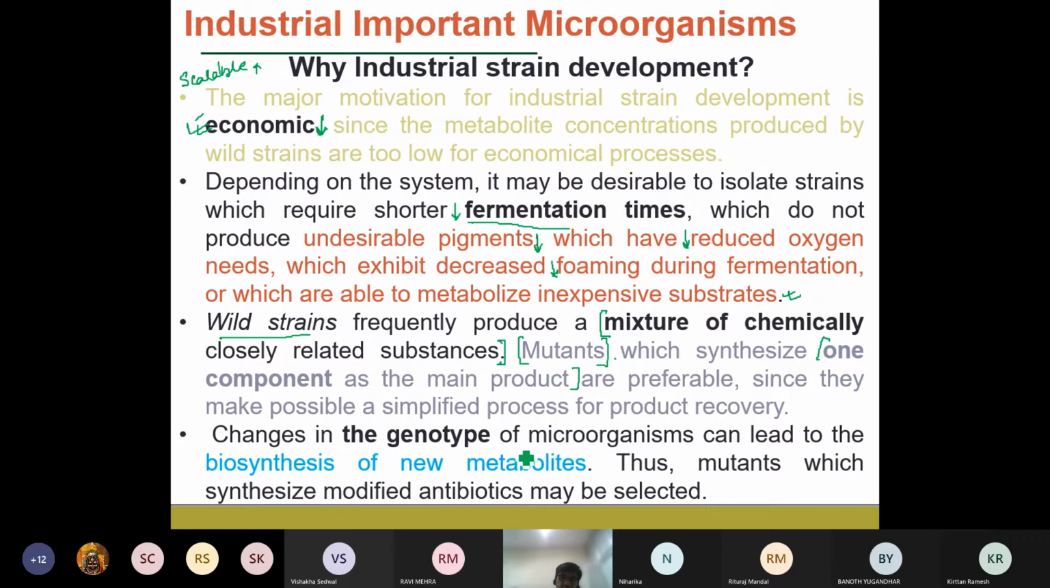So if you are, for example, going to synthesize very new metabolites that may not be produced by the natural microorganism, that can also be done. So we will look into how you can design biomolecules, for example, that are not naturally produced